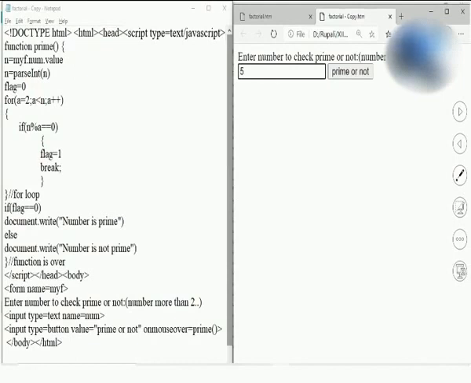Students, observe the program I have written, it is an event driven program. Now what does event driven mean? Observe the form first. In the form I have given a name, and in this I have mentioned the text box for accepting the value. I have mentioned a button, and over here I wrote onmouseover. It means once the user moves the mouse pointer on this button, it will execute this prime function. And I wrote a prime function over here.